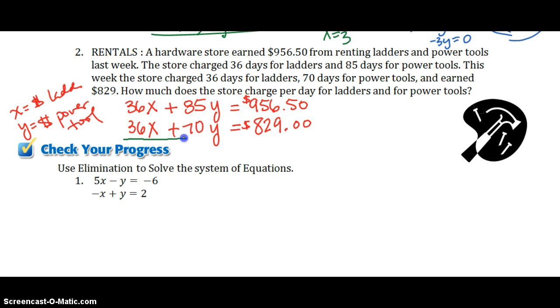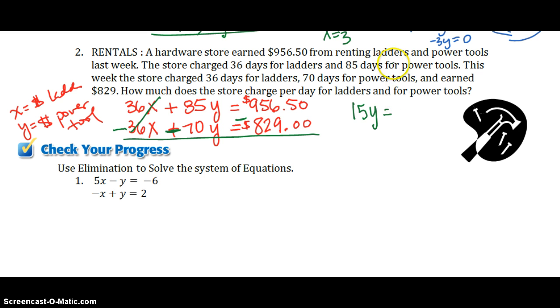All right, elimination is the easiest way to solve this problem, and I have 36x, 36x, so let's subtract. Let's change all of these signs to negative. Subtract the bottom equation from the top equation, that way I can eliminate the x. 85y minus 70y leaves us with 15y